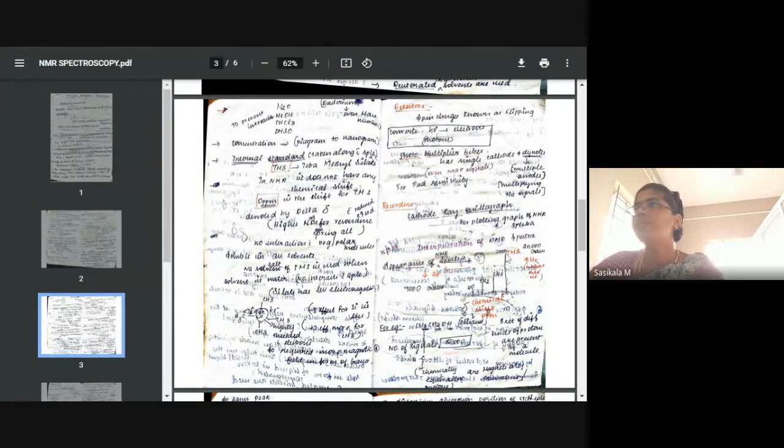So comparing with internal standard only, all other sample protons will give the peaks, so TMS is well selected as internal standard. Okay. Why? Because the protons present in the tetramethylsilane are shielded protons. Shielded means covered. The protons are covered with electric field. We require magnetic field, right? A magnetic field of proton only should coincide with the magnetic energy of radio waves, right?